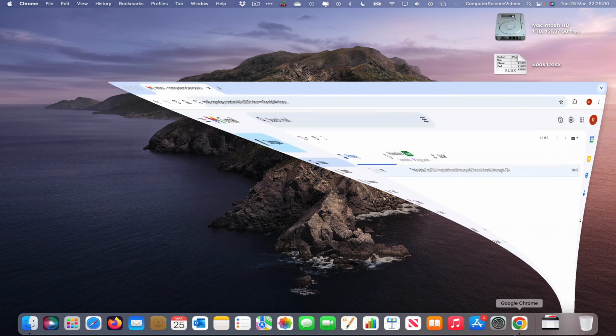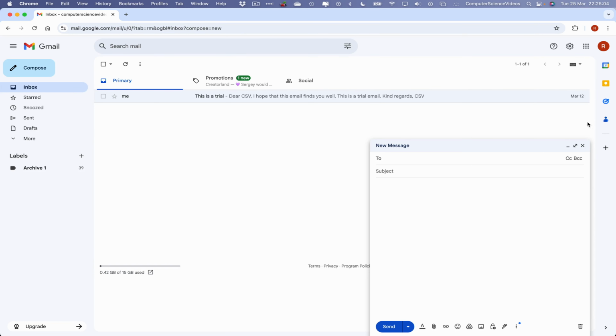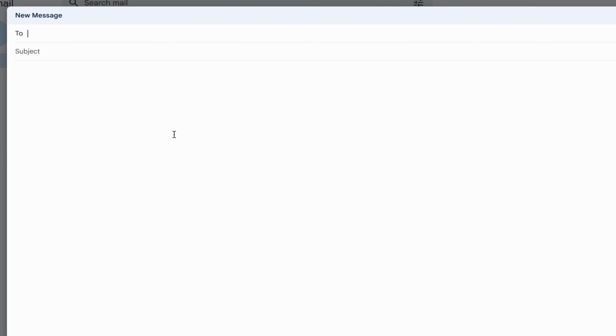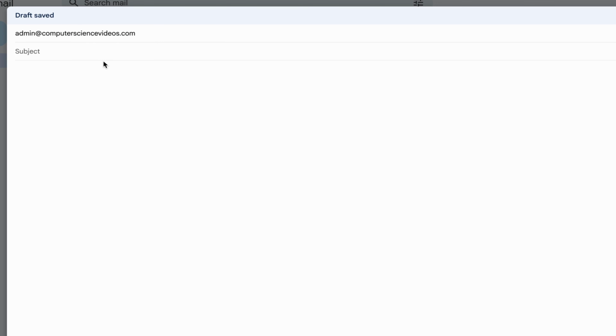Let's go around to the dock, go back to Google Chrome. Let's now compose a brand new email. Increase the email window size. Let's now select the recipient, which will be admin@computersciencevideos.com. Subject, Excel file. Go within the email,